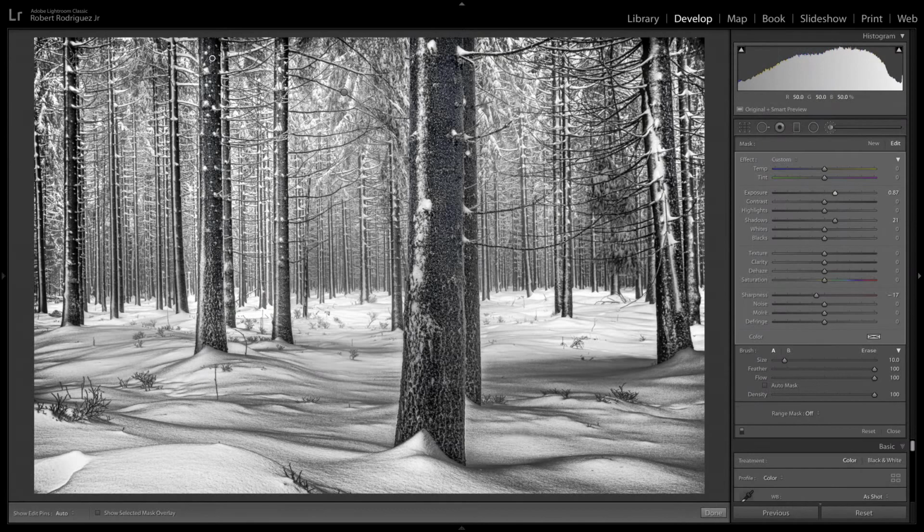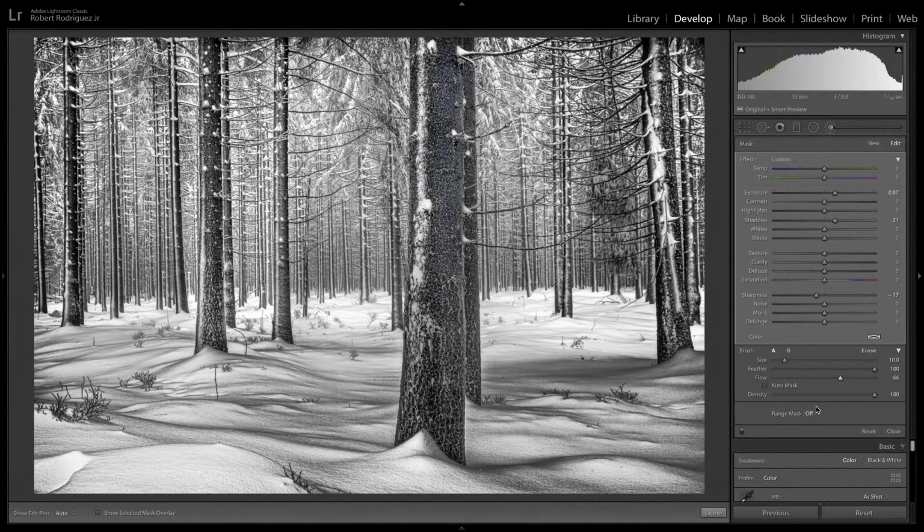Okay. And I might even just brighten this on this side like that. And I'm going to undo that. Let me just do that a little bit softer by reducing the flow. Okay. And I think that creates an image that is more inviting, still maintains the repetitive nature of the picture,